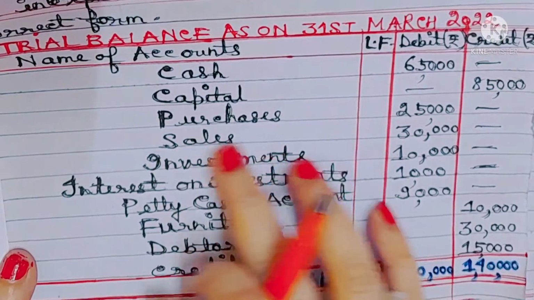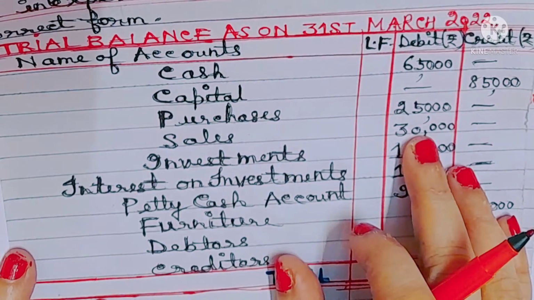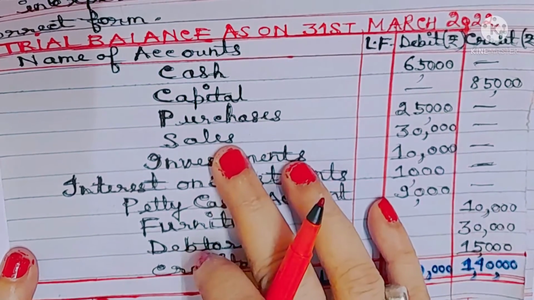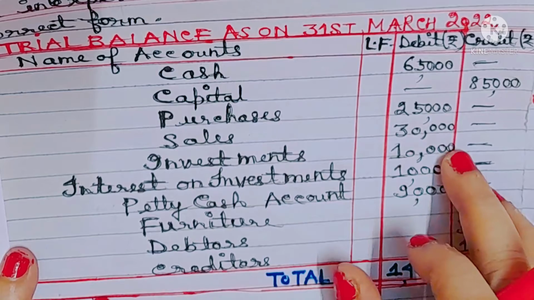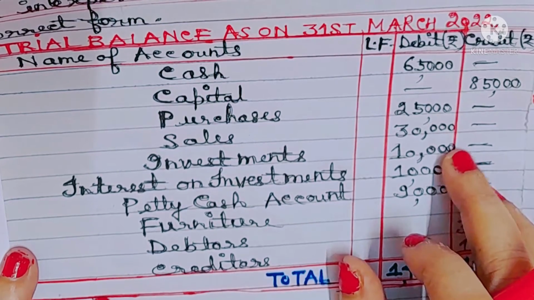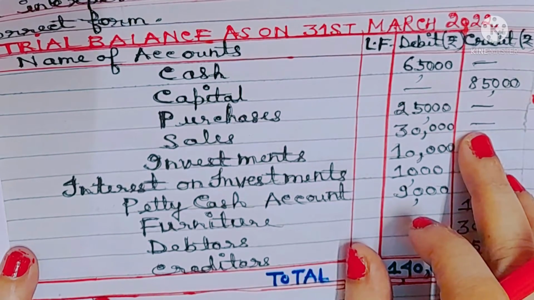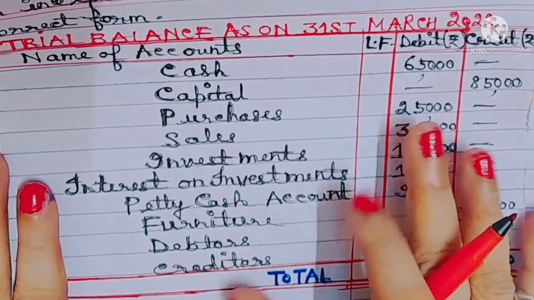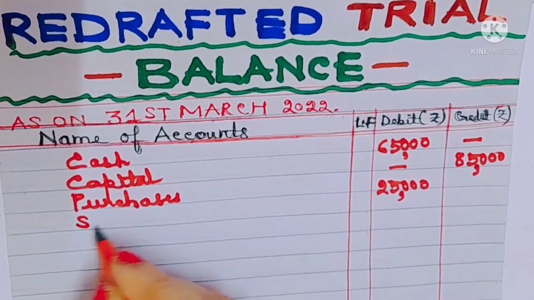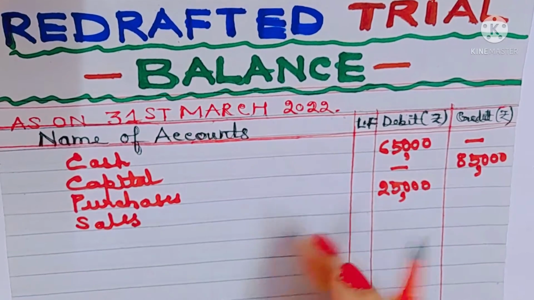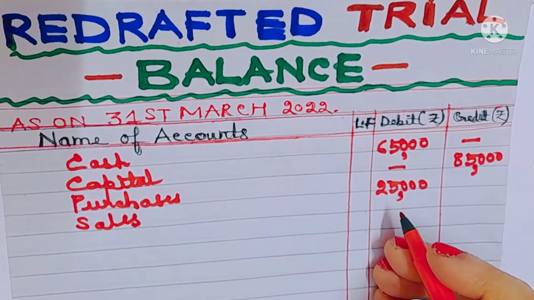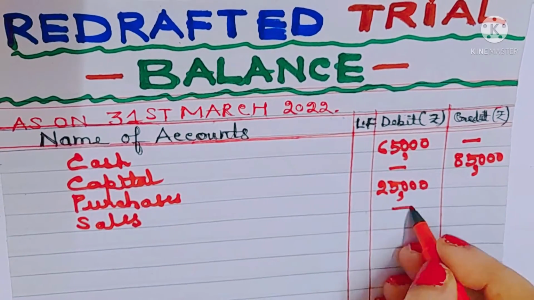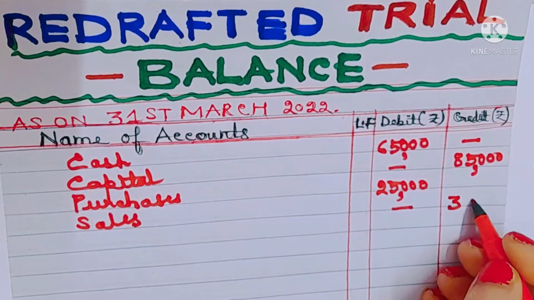Understood? Now let's see the next account. The next account is sales account, 30,000, which is wrong. The inexperienced accountant has wrongly written the sales amount in the debit column. Sales amount should have been written in the credit column because sales has a credit balance. So we'll have to rectify sales. So let's do it. Sales. Sales has a credit balance. The inexperienced accountant has written wrongly in the debit column, but we will rectify and write sales in the credit column,